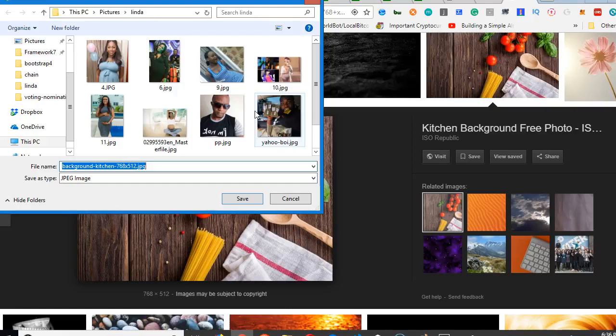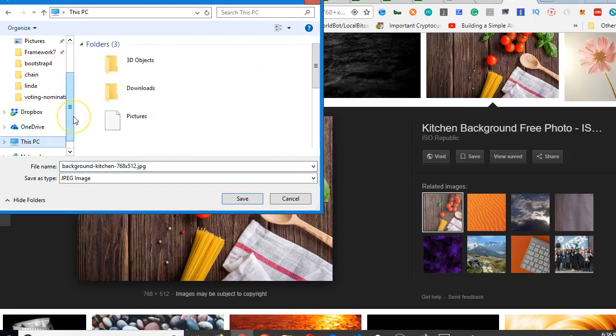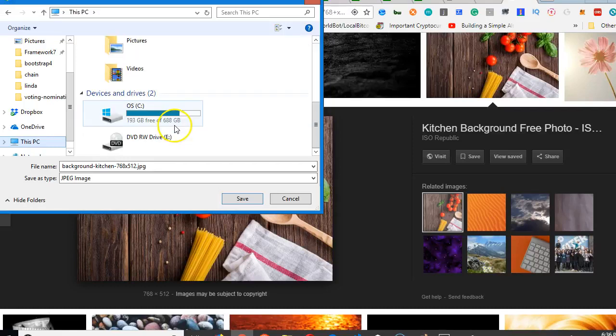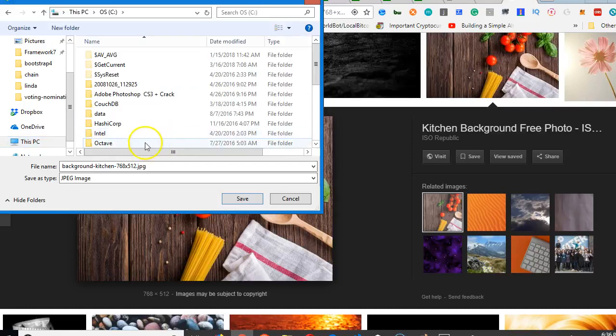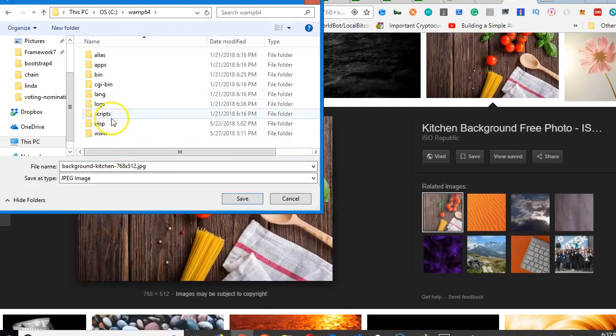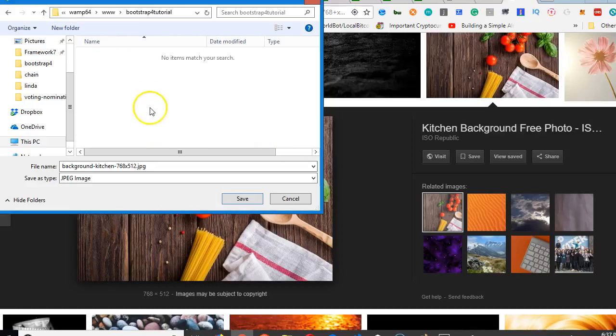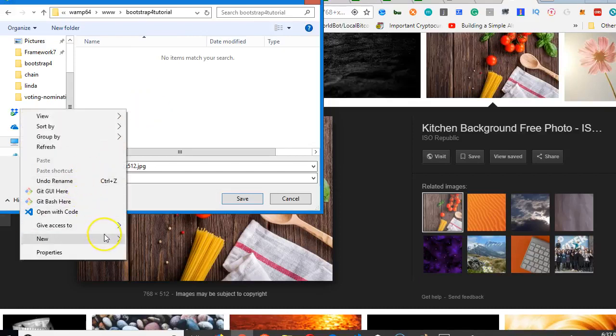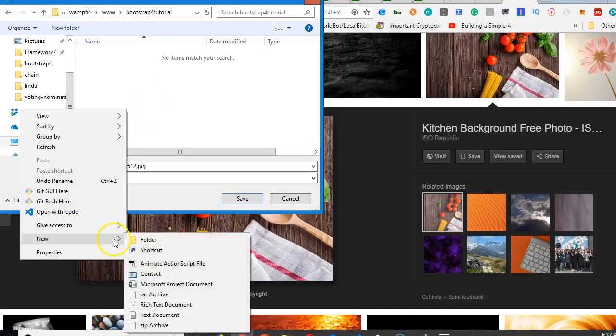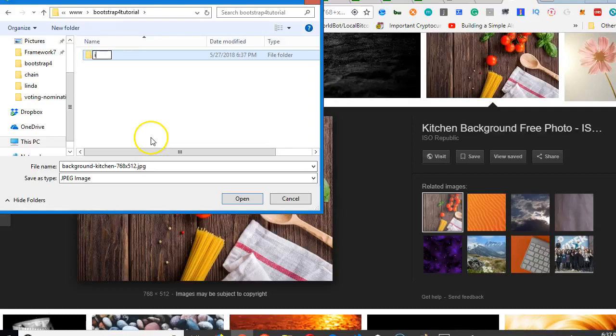You should save it inside the folder you're working with. So we're working with this folder. I remember where mine is in the C drive, www. So look for the folder Bootstrap 4 tutorial. I'm going to create a new folder inside my Bootstrap 4 tutorial and call it images, because I want my images to be in a separate folder. So images, hit enter,